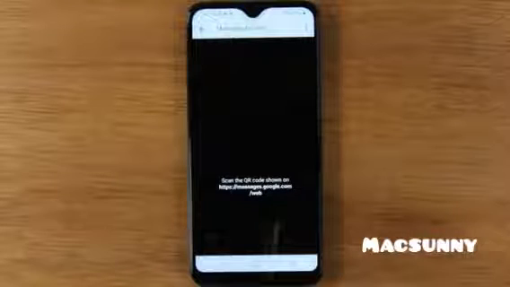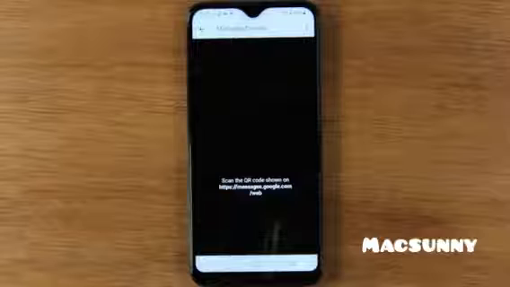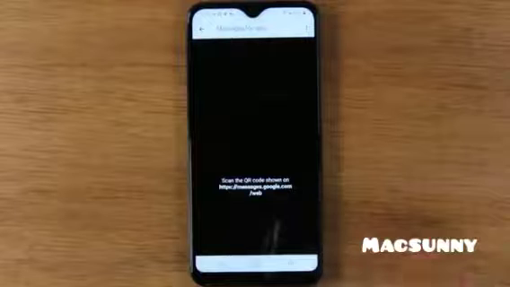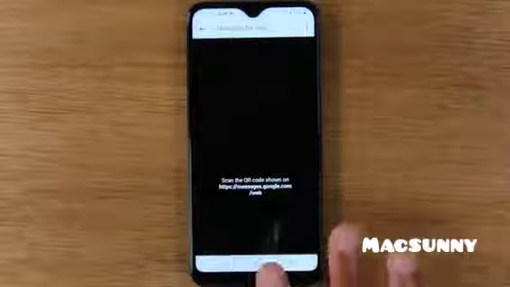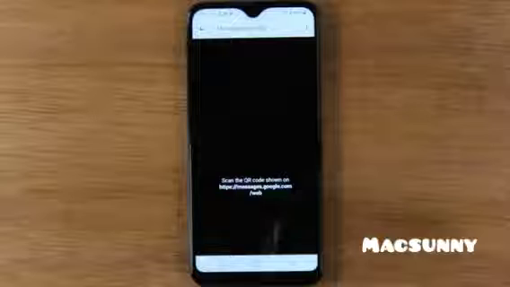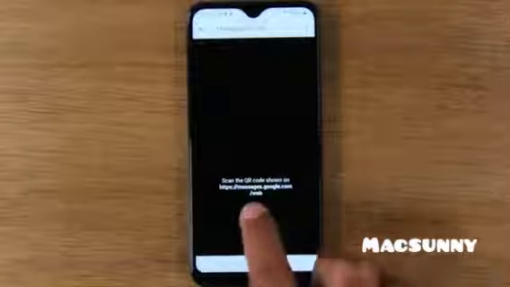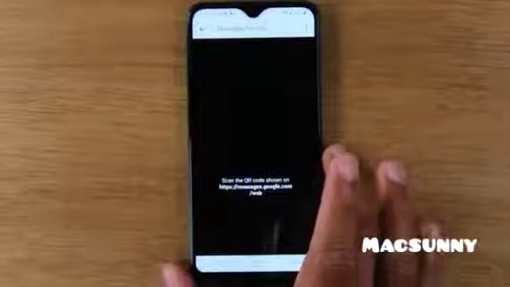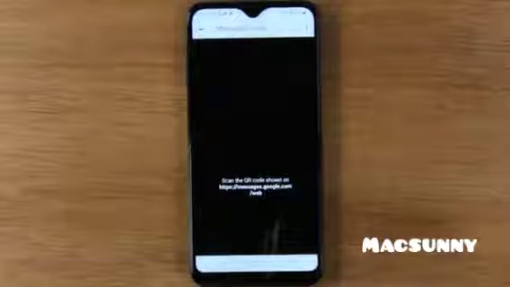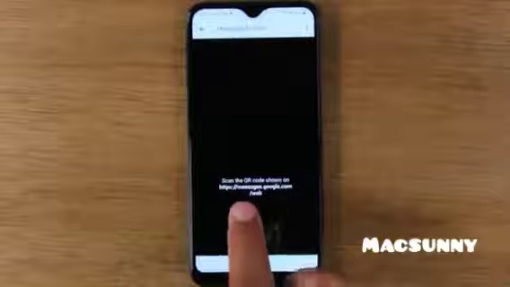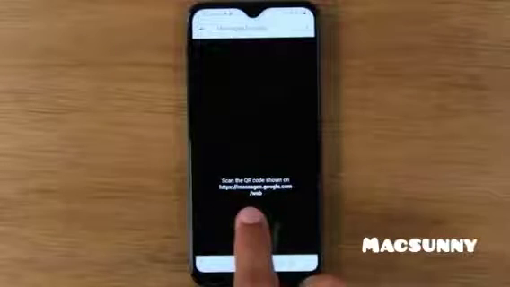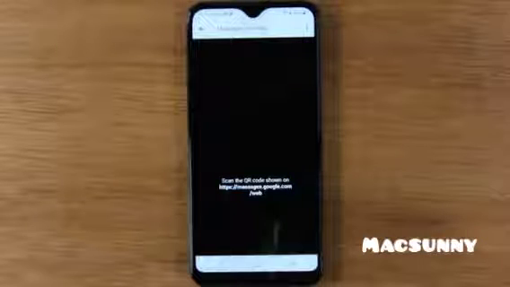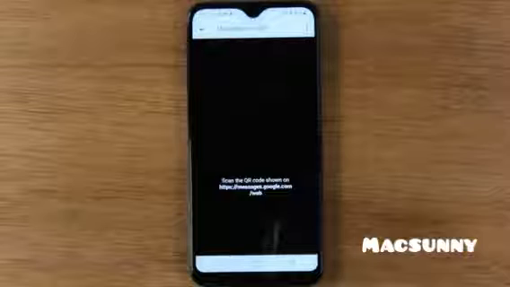Now, a couple of things that are important about this. You want to make sure that you are signed in to the same Google account on your phone and on the computer. So you have to be signed into the same Gmail account, or you won't see the right pop-up when you go to this website. So just an important note, once this screen comes up, go to your computer, go to gmail.com, sign into your Gmail, and then after you're signed into Gmail, you're going to go to this website. You'll see a QR code and you're going to scan it,